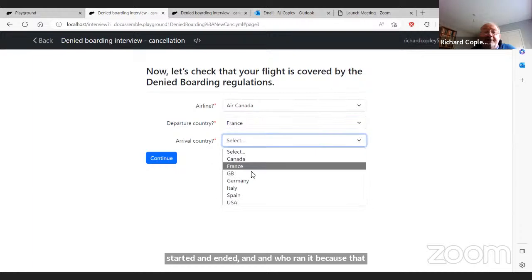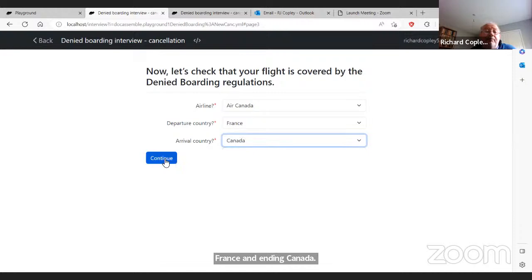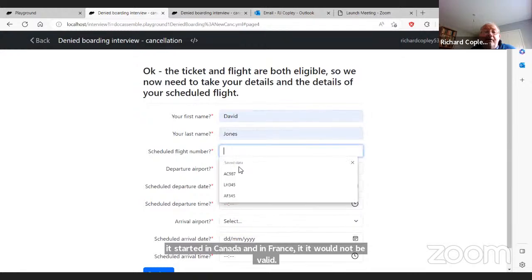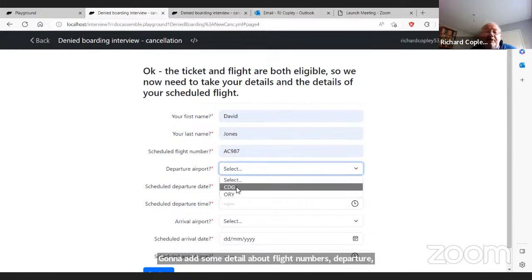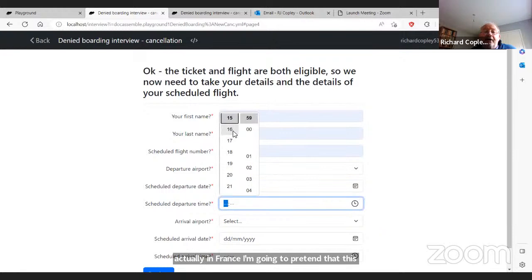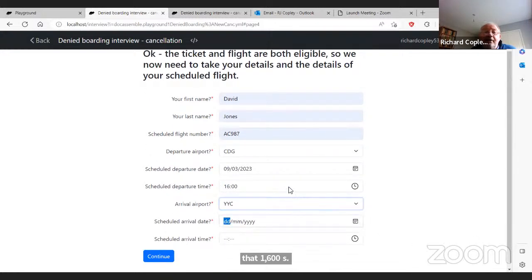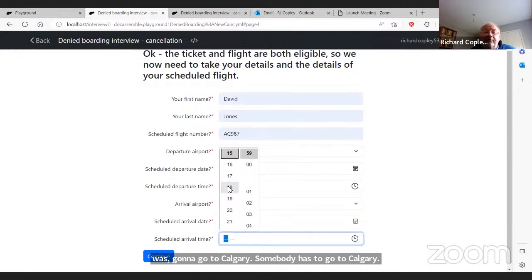I'm going to make this start in France and end in Canada. If it started in Canada and ended in France, it would not be valid. Going to add some detail about flight numbers, departure airport. This only now selects departure airports that are actually in France. I'm going to pretend that this flight was on the 9th of March, and it was going to leave at 1600 hours. It was going to go to Calgary. Somebody has to go to Calgary. Same day, and it was going to land, given the time difference,